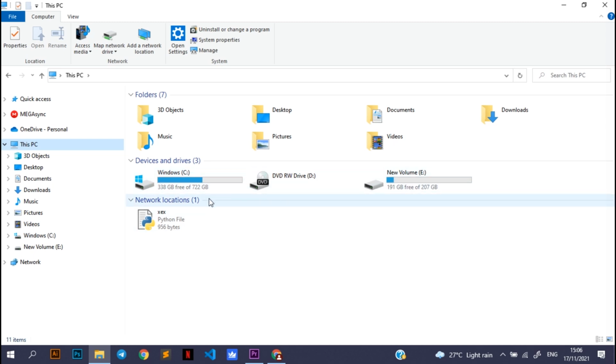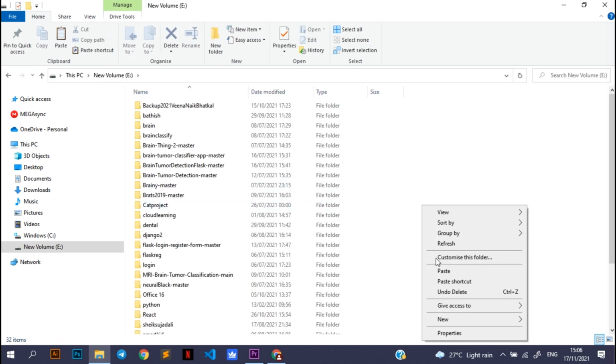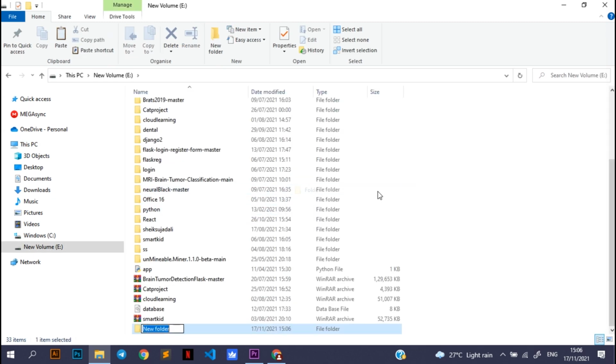Now, if you have only a C drive, then there is no other option. You have to store it in the C drive itself. But if you have other local drives like D, E, etc., then I suggest we store it in some other drive, not on the C drive. So what I'm going to do right now is create a folder Anaconda in my local drive E. Please also make sure in future you don't delete this folder, because if you delete it, your Anaconda software will not work.